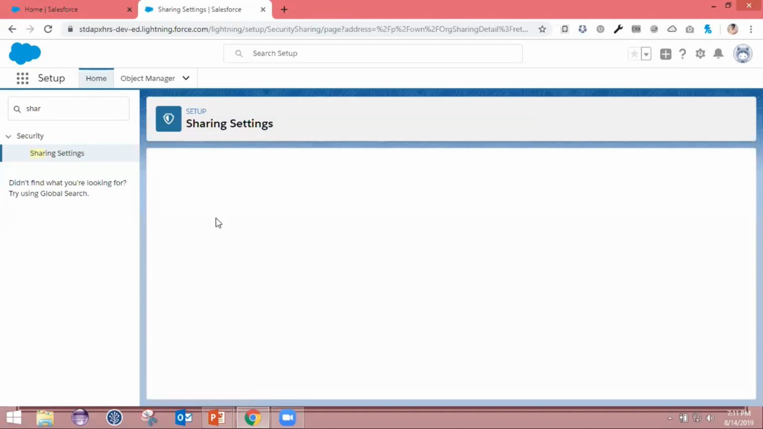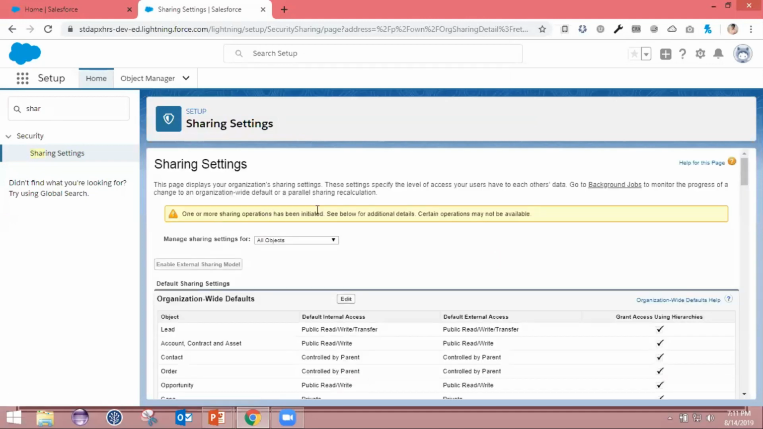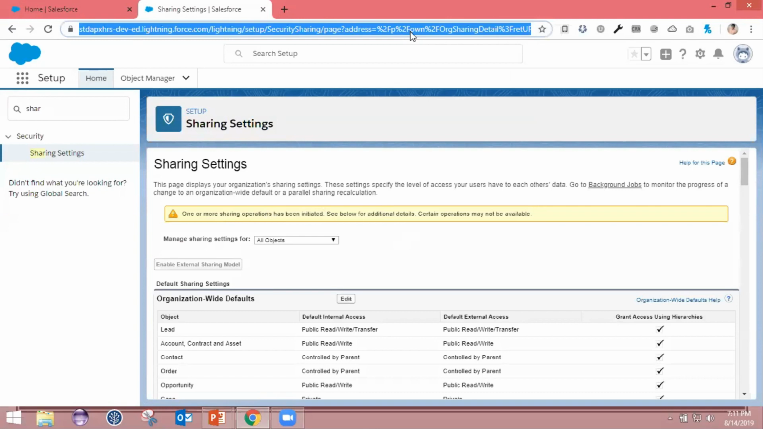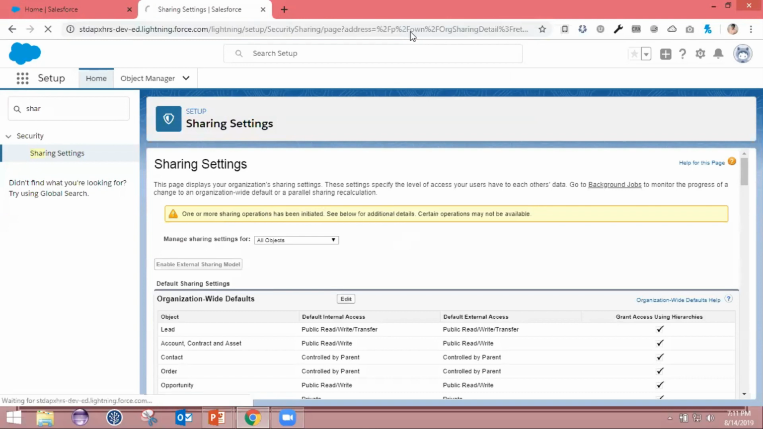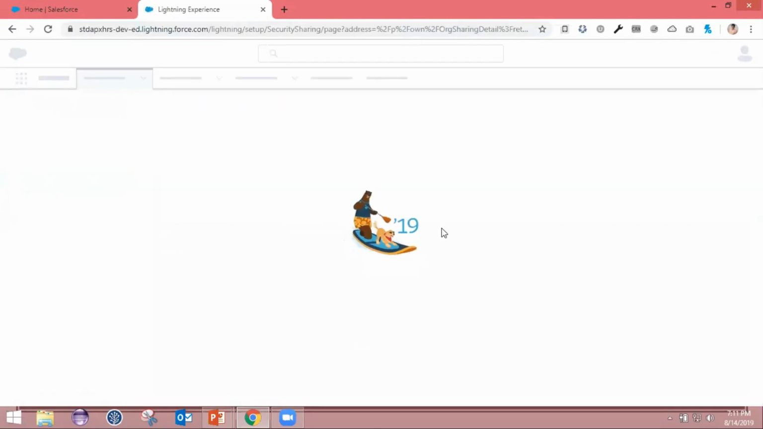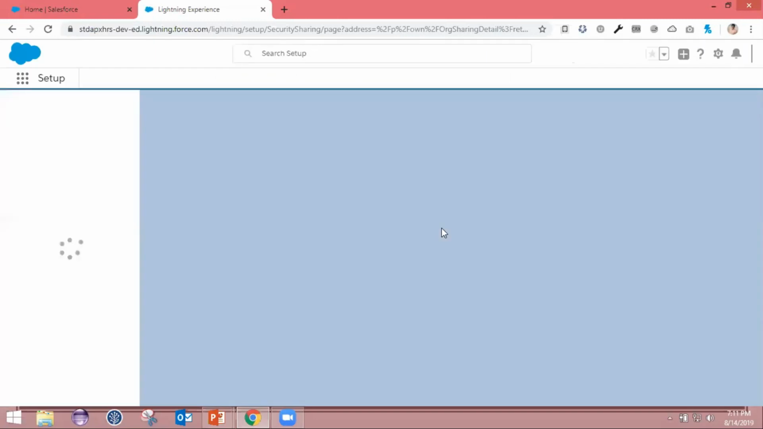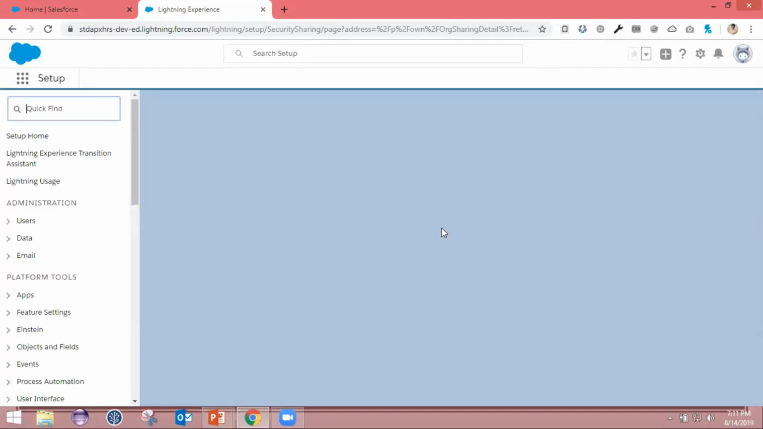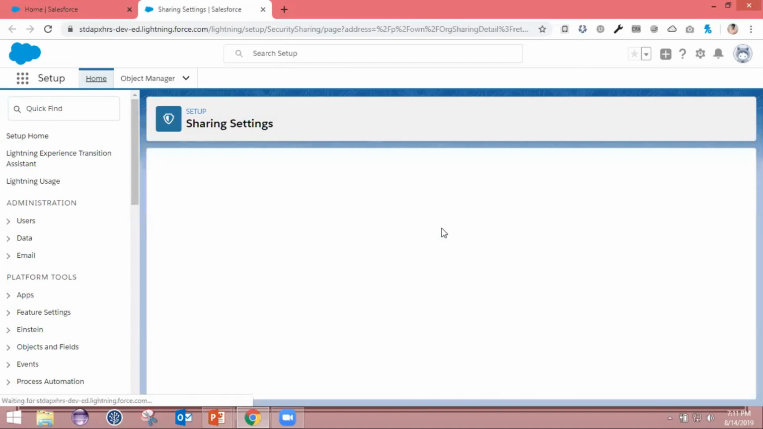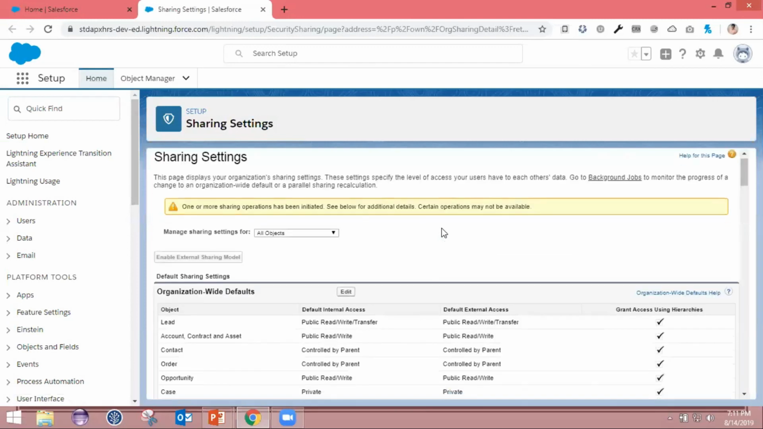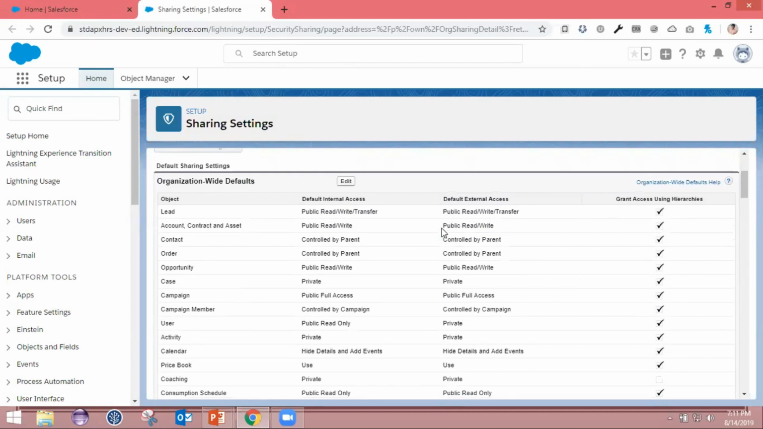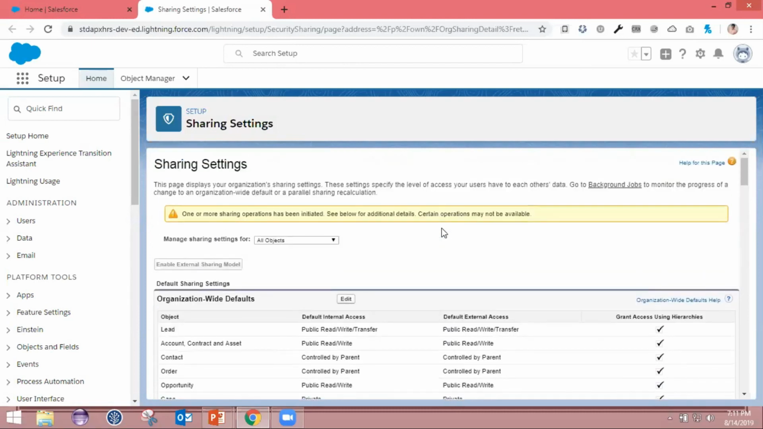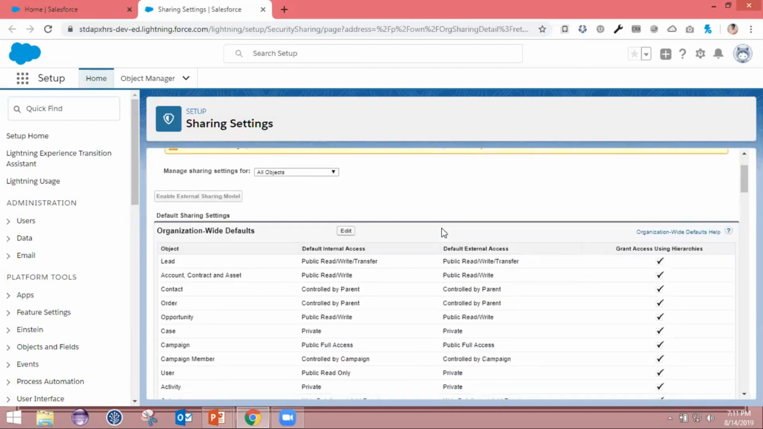Click on the same. Right here. So you can see it will take some time to update your setting. So let's see if it is updated. Just refresh my page. Okay, still not yet. It will take some time. So basically